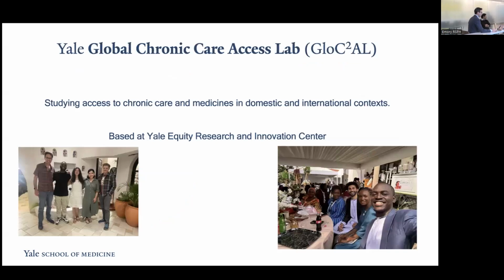We try to quantify that similarity. So say more. For example, I agree that it exists in both places. How big is the problem in each? It might be equally big. But trying to quantify it might be very powerful. Yeah, it's a good question. I think so. Our lab called the Global Chronic Care Access Lab is really trying to do that, to bring study to both domestic and international contexts and build bridges where they might not exist. And with that, I'll end. So thank you.